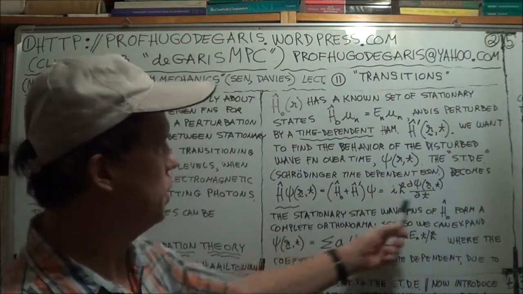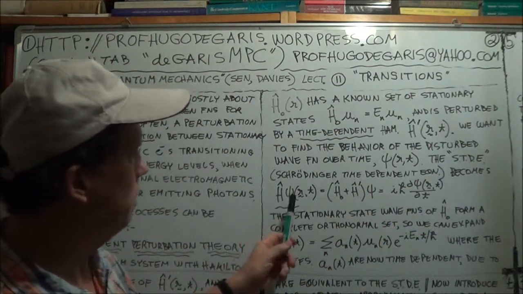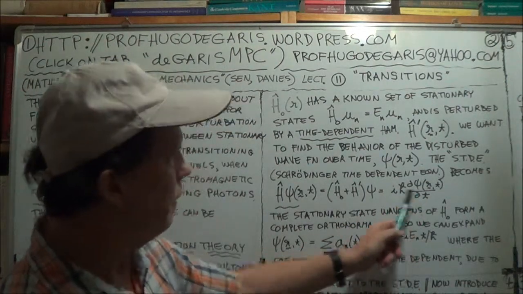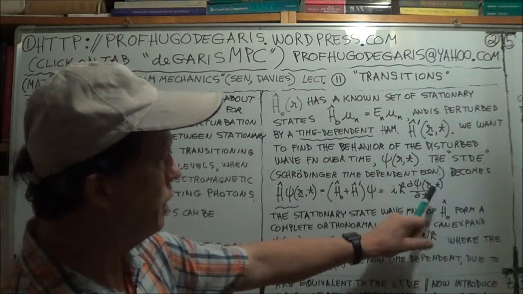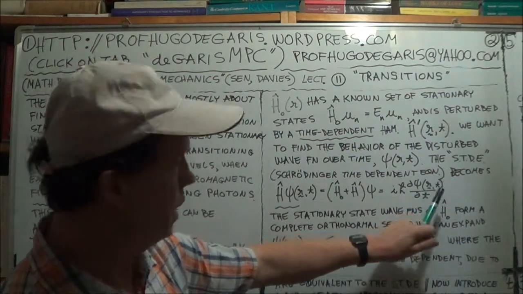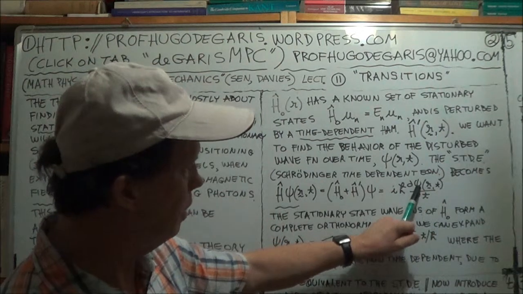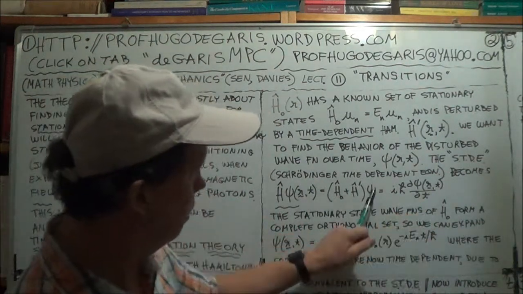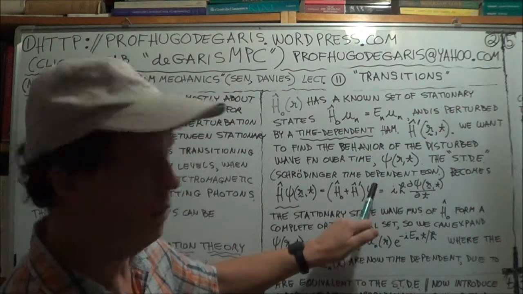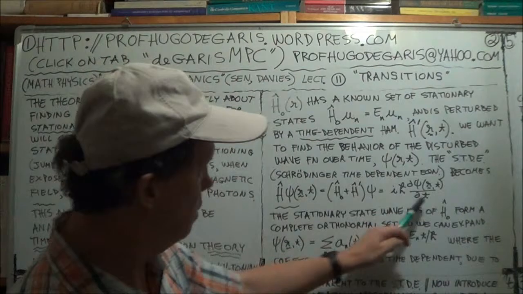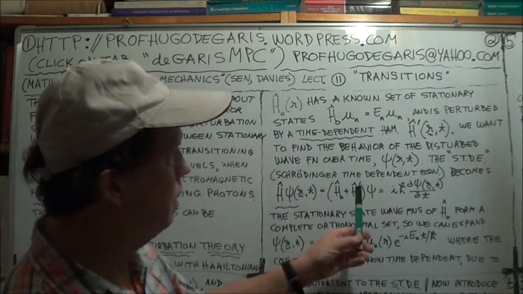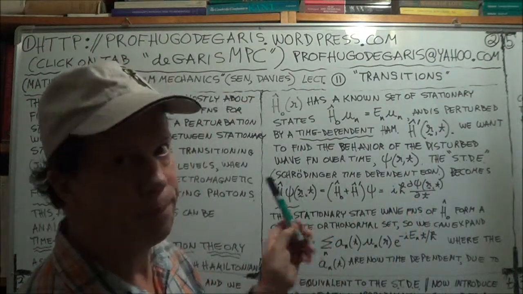That remains essentially unchanged. It's still Hamiltonian times wave function equals i h bar d wave function dt. But now our wave function is an explicit function of time. Time features in the wave function, here and here, also a function of r and t. So this is assumed to still be valid. But now it's not a STIE, it's not a Schrödinger